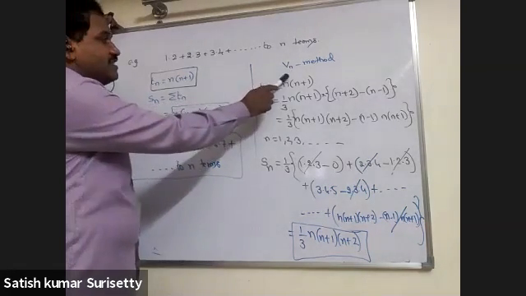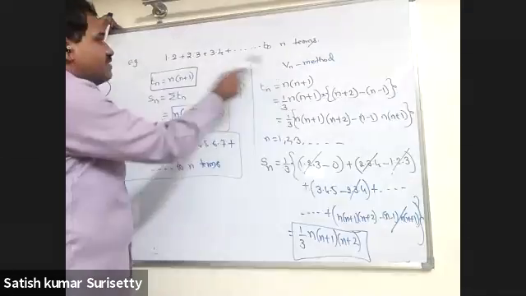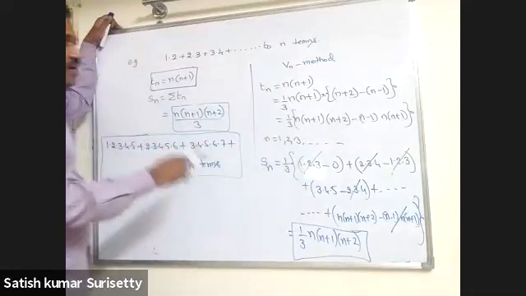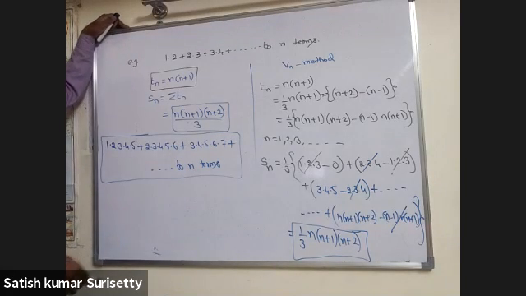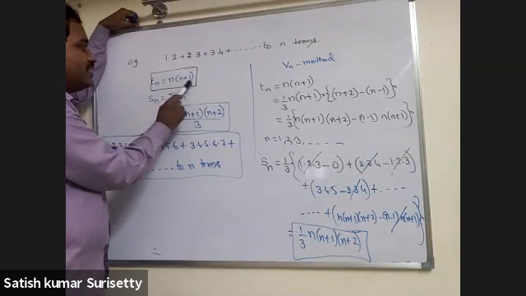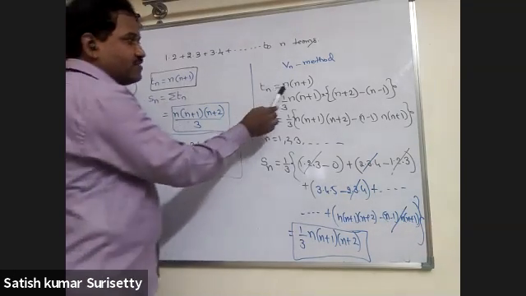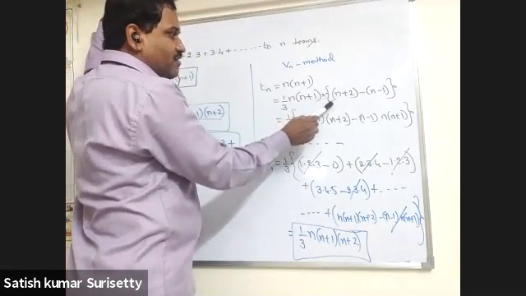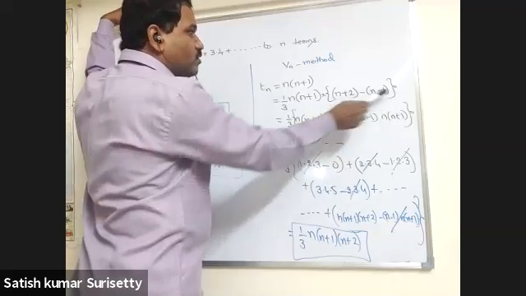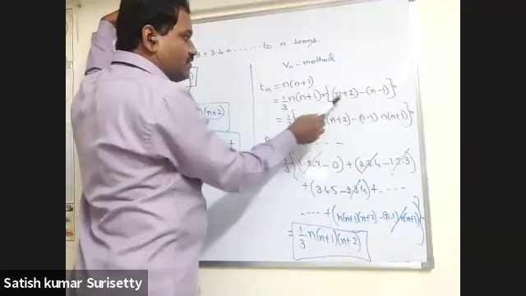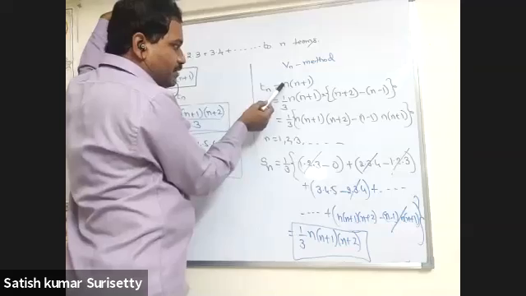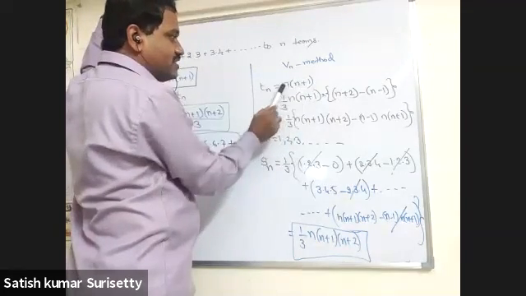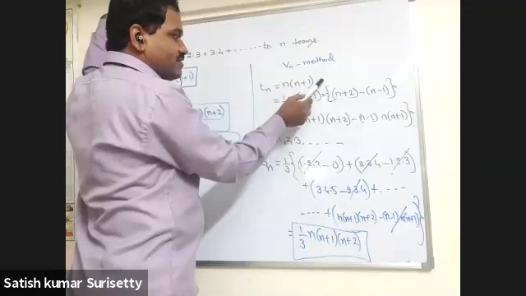So, expressing the nth term of the given series as the difference of two consecutive terms. Now how to write the difference of two consecutive terms: first you calculate the nth term. The nth term is n into n plus 1. Now that n into n plus 1 you multiply with one factor. How to decide that factor: it is the difference of the next factor and the previous factor of this. You have to identify that this is n, this is n plus 1. The next factor will be n plus 2.